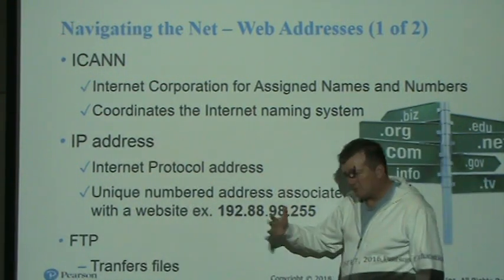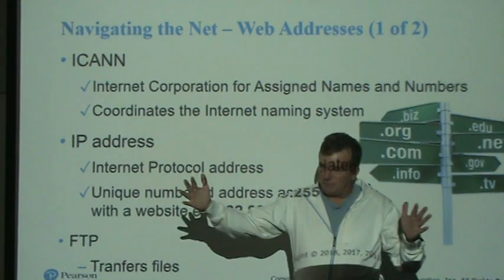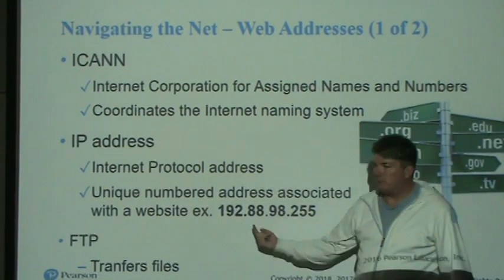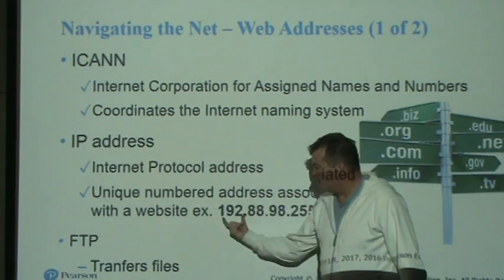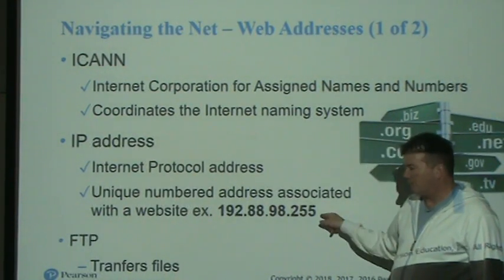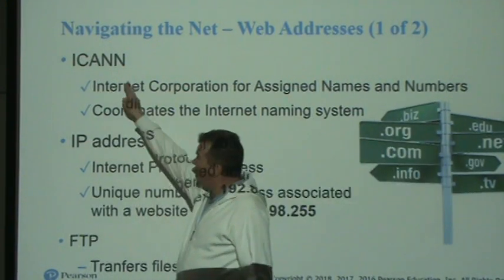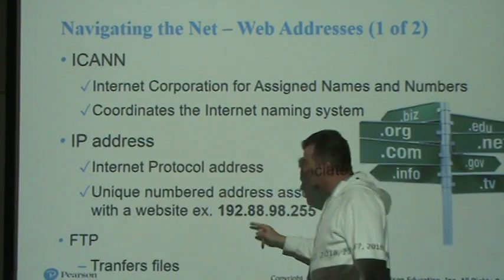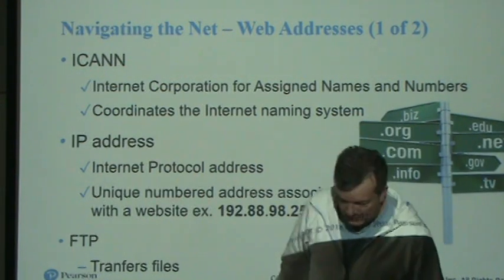But just to understand what this is, rather than have human beings try to remember the values of 32 bits, we break it down into 4 numbers that range between 0 and 255, and hopefully they're easy to remember. So for example, you can have an IP address of 192.88.98.255. And then you could go out to ICANN and register your domain name and then tell them this name maps to this number. So if anyone tries to go to your name, they'll actually get sent to this number.